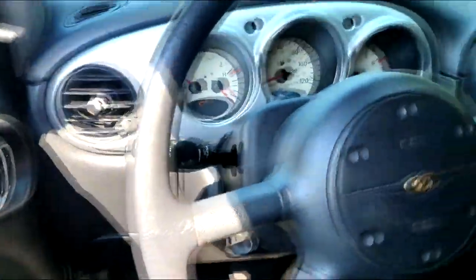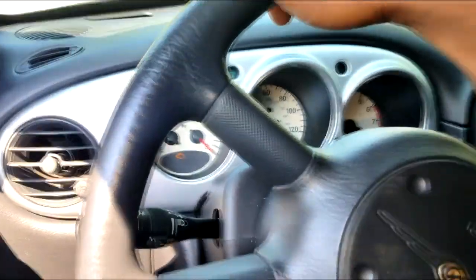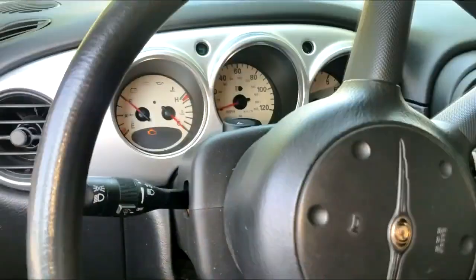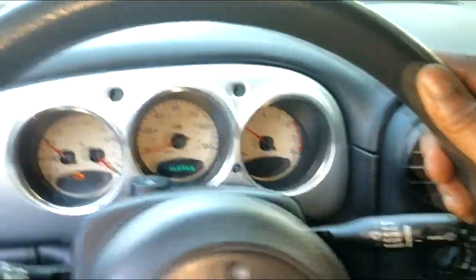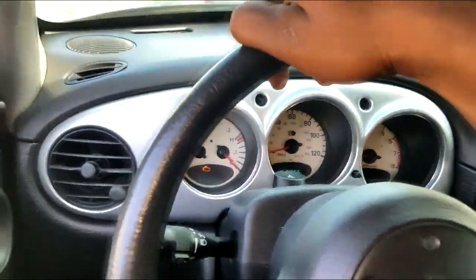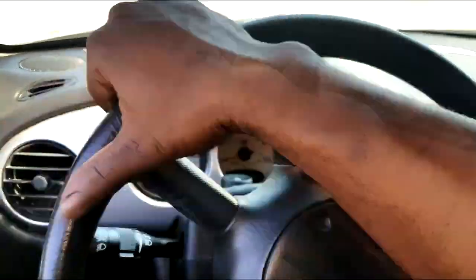Okay, guys, the problem has been duplicated. First step in any kind of repair: verify that it's actually doing it. All right, no need for me to get on the road now. Okay, let me make sure. Yes, y'all can see I'm moving. I'm driving. Absolutely nothing. So, guys, I'm gonna go in the shop and we're gonna take this diagnostics, this troubleshooting,